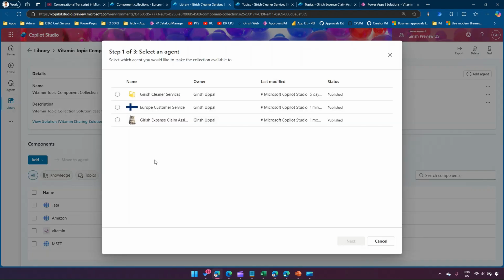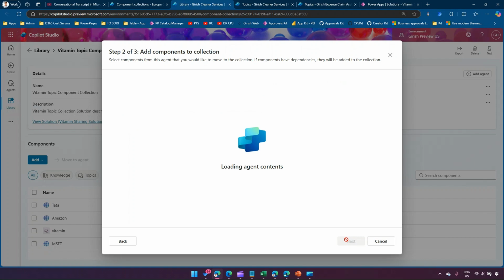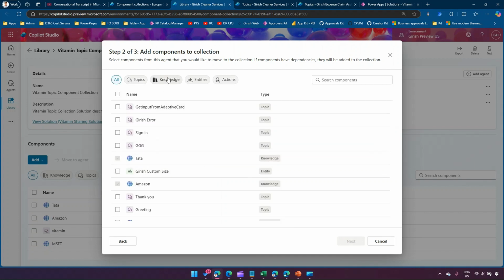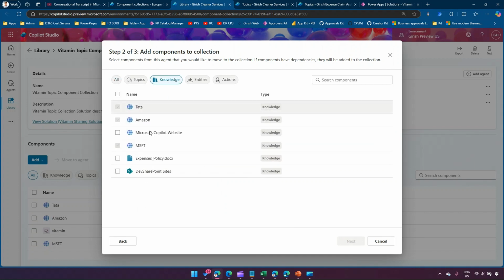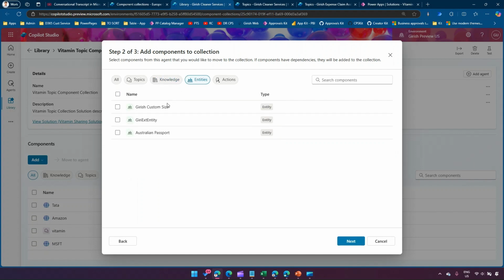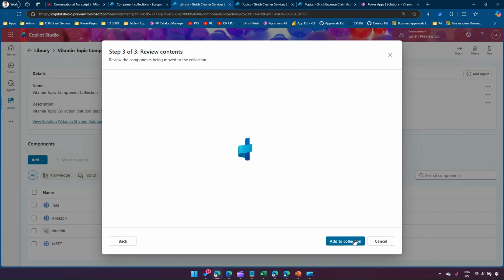So if I click on add from an agent again, I will click on Girish Expense Claim Assistance, and I'll click on next, and then whatever options are available within that particular Copilot, I have an option to add. So here I have an option to add expense policy.docx or dev SharePoint site. Or if I go to entities, I have this Girish custom size, Girish text entity, and Australian passport. I can add MSN weather forecast. So I have selected all these options. I'll click on next. Once that has been reviewed, I'll click on add